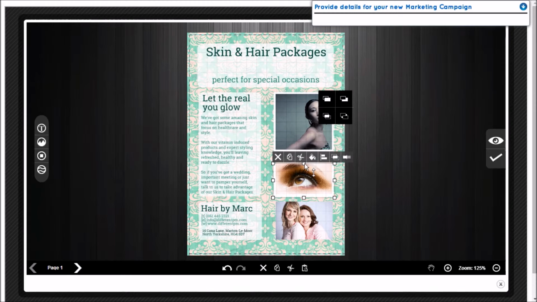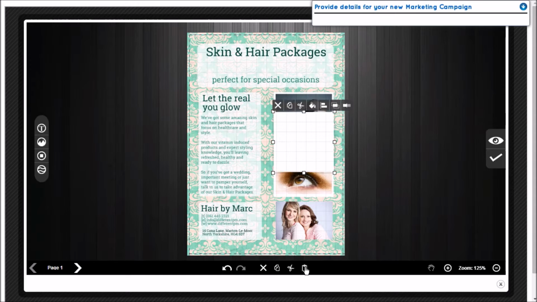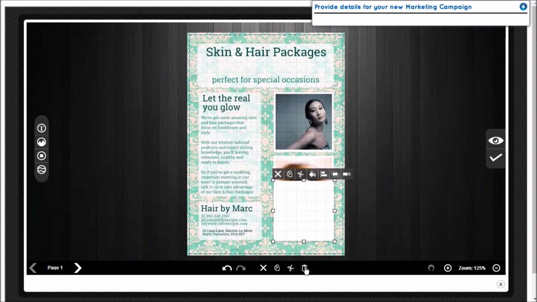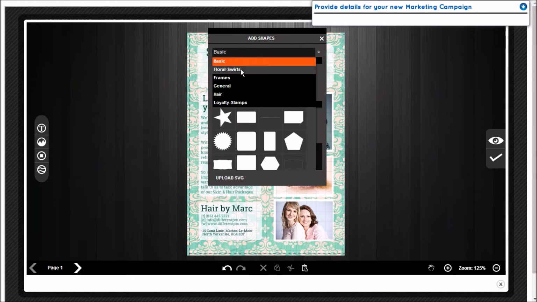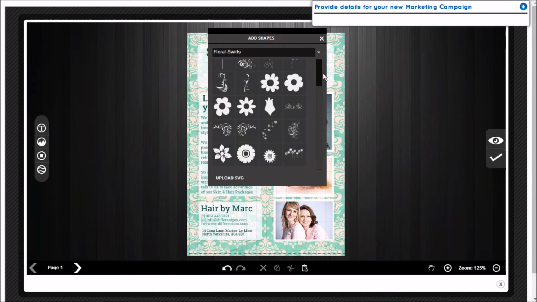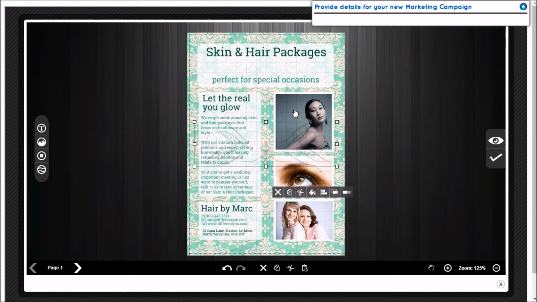I'm just going to resize it so it fits with the border for this slightly different shaped sized image. I'm going to paste that shape once again, moving it down, put it behind, just going to resize it. That's looking good. Now we've got this space here, so I'm going to use a shape again, but I'm going to use a floral swirl. And I like this shape,